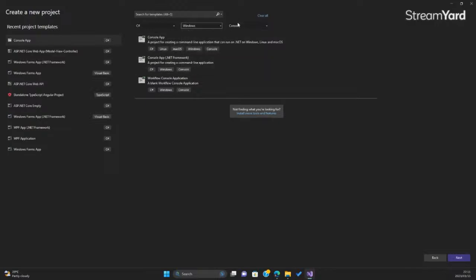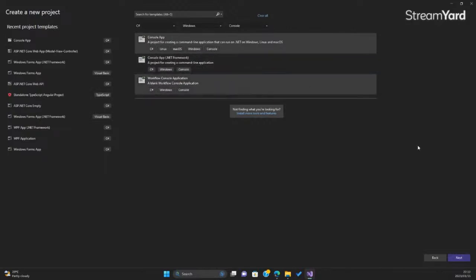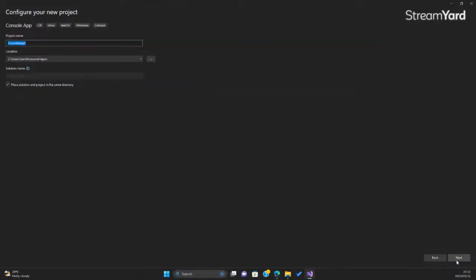So I'm making one for Windows, and we're making a console application. So console is already selected. So I'm just gonna choose a simple console app. As you can see, there's 3 console installed over here. I'll choose console application and next, right? Name it whatever I want. Simple calculator. So not exactly whatever I want, but basically on what you're working on. Calculator. Right? Simple calculator, and let it create. So while it's loading,